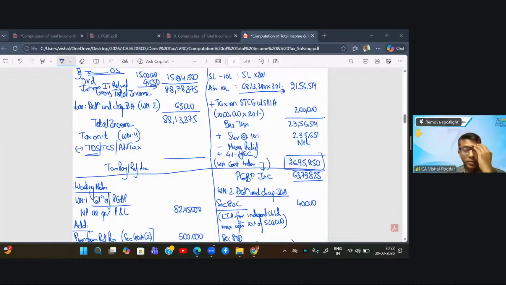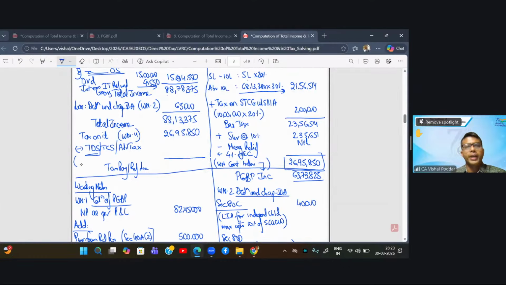See, Navneet, technically there is no limit up to which marginal relief will be there or not there. But marginal relief comes when your income is just above 50 lakhs by 2-3 lakhs. Here our income is above 50 lakhs by 38 lakhs. So here definitely the marginal relief will be nil, but still you have to show working as a part of working out. Correct? Now, so my tax comes to,